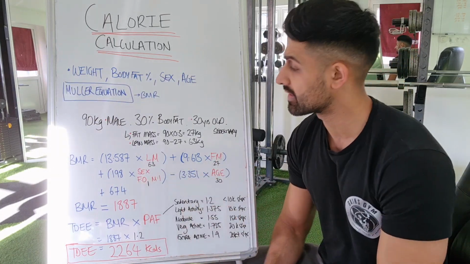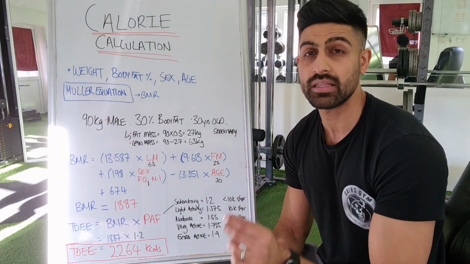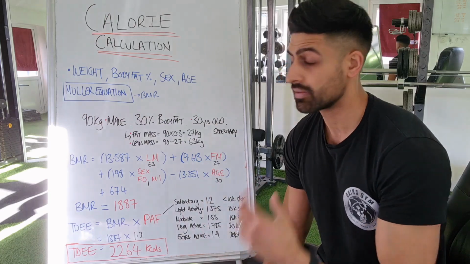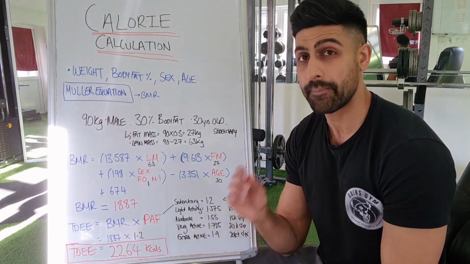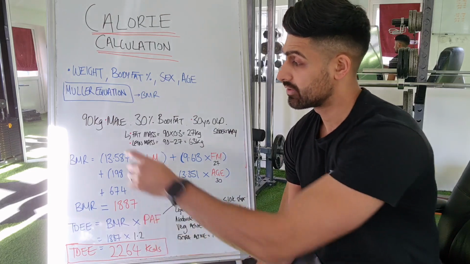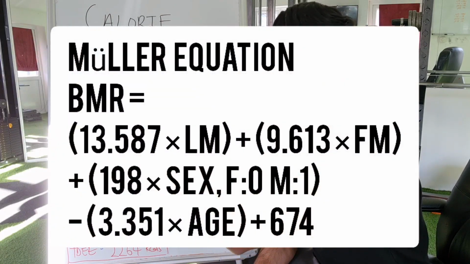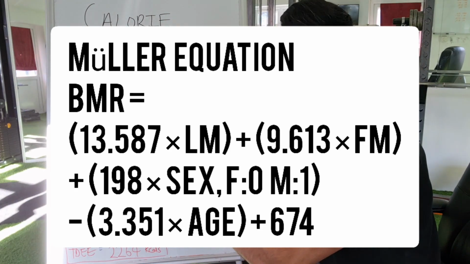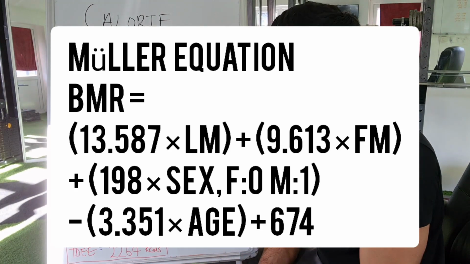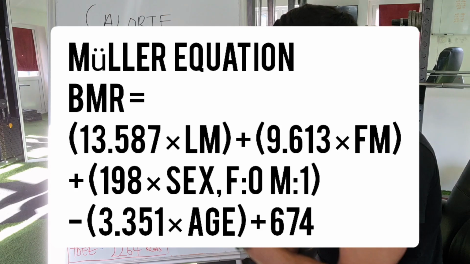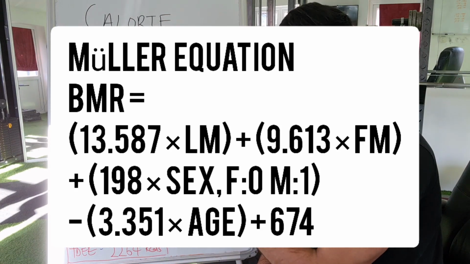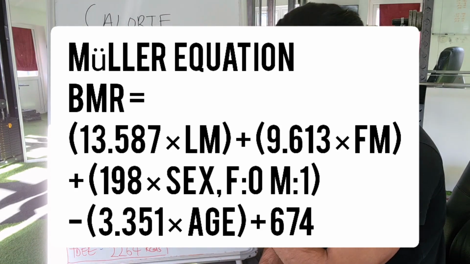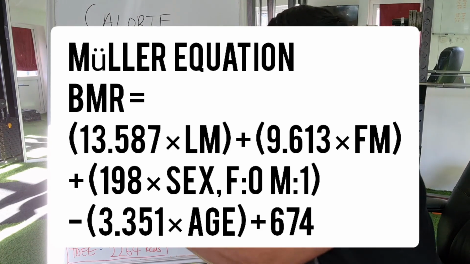Right, so you've got those figures now. Now we're going to plug them into the Miller equation. So the Miller equation goes as follows. Get a pen and paper, write this down. You're going to go open bracket, 13.587 multiplied by the lean mass, close bracket, plus open bracket, 9.613 multiplied by the fat mass, close bracket, plus